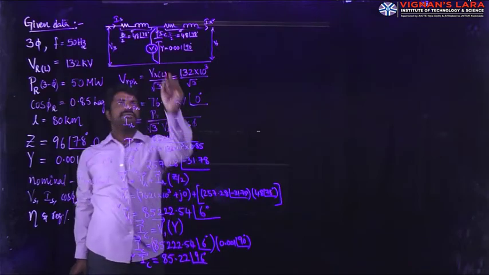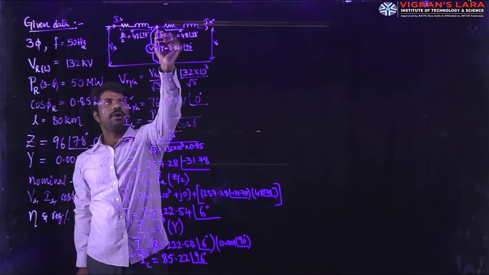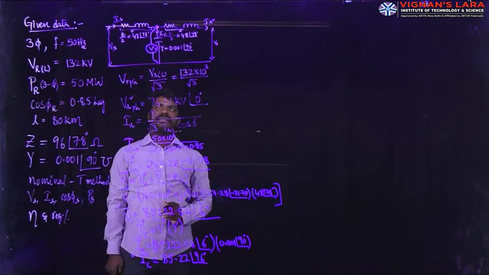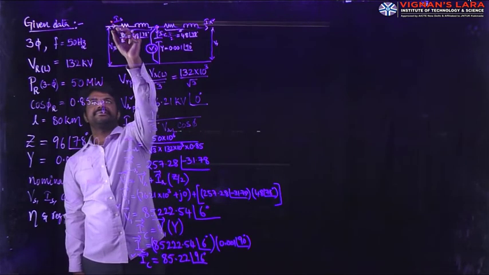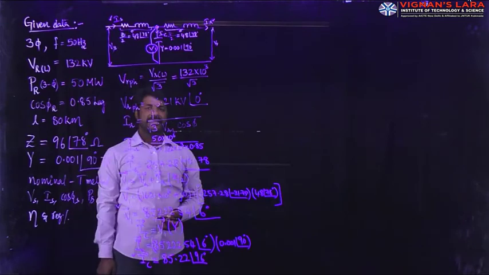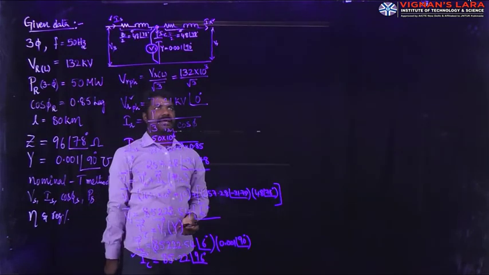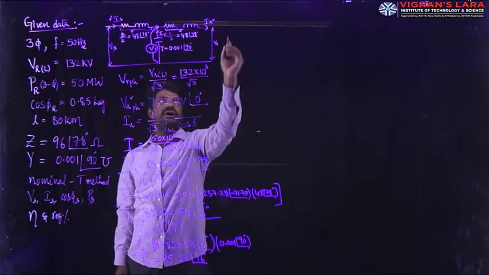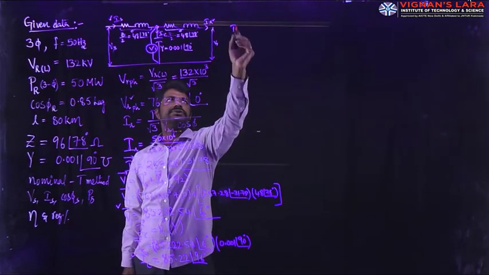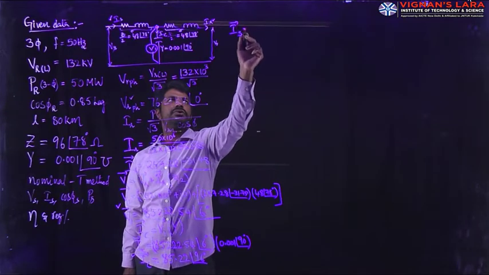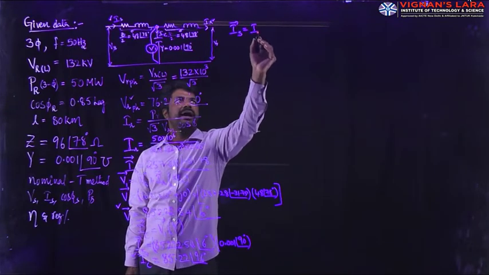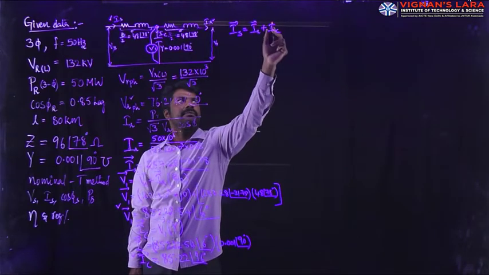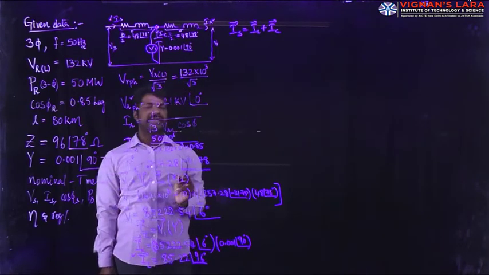Now, after finding out IC, at this midpoint, I will apply KCL. The purpose of applying KCL is to get the current IS. If you recall the theory part, let me do the same thing to calculate the current IS. On applying KCL, the current IS is equal to the phasor sum of IR and the capacitor current IC. Substitute the values and get IS.